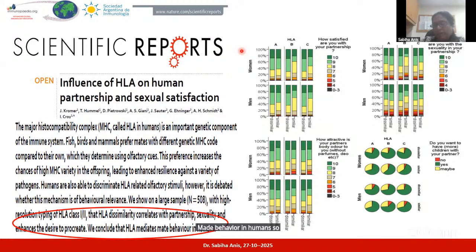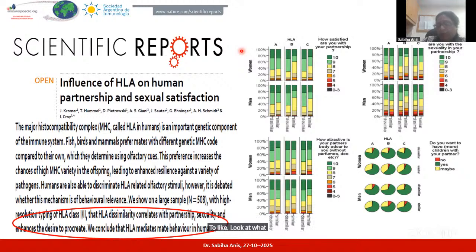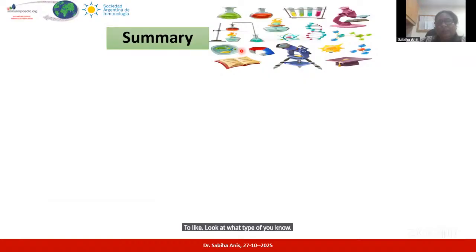So the young participants over here may think about getting their HLA typing done, in themselves and in their partners, to look at what type of life they will be